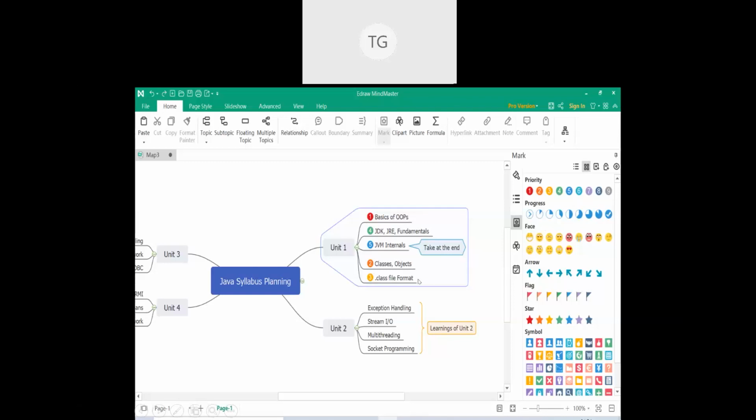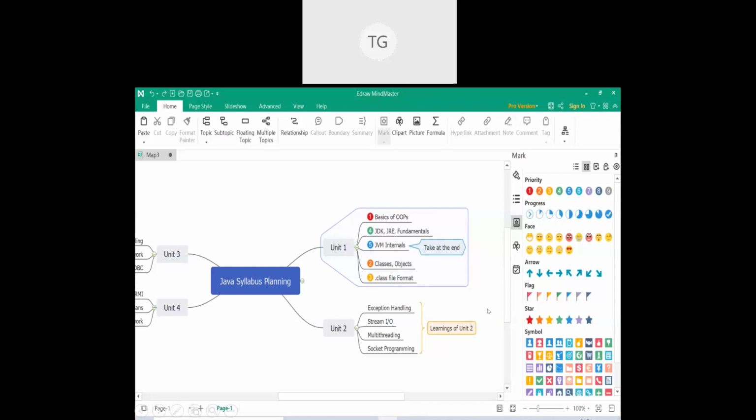So the student will be on the same page with you. Student can keep on checking that syllabus plan which you have uploaded in your LMS, and you're updating on a regular basis. Okay, topic 1 of unit 1 has been 100% complete. Topic 2 by the end of second week will be done. So by first month, unit 1 is completely done. Ma'am is at 100% progress bar, right? So this is for progress.